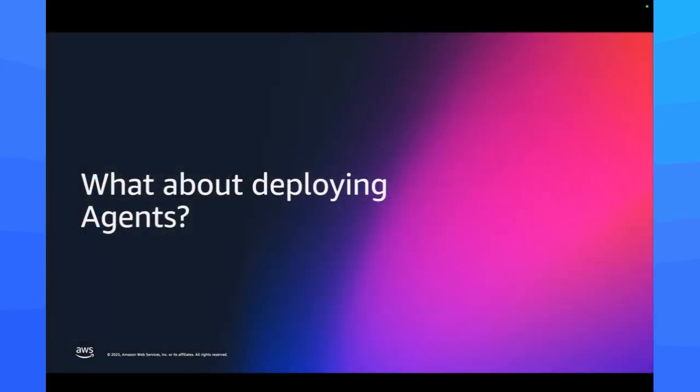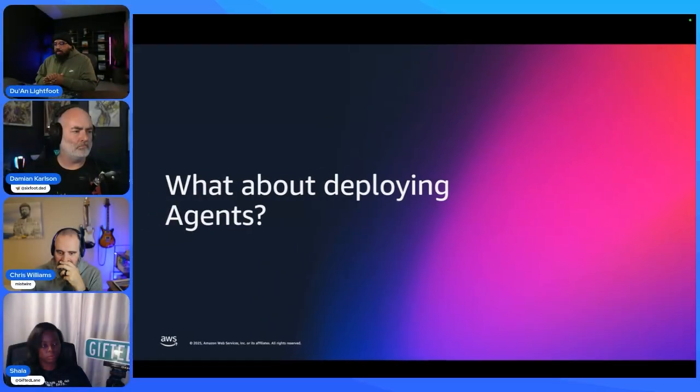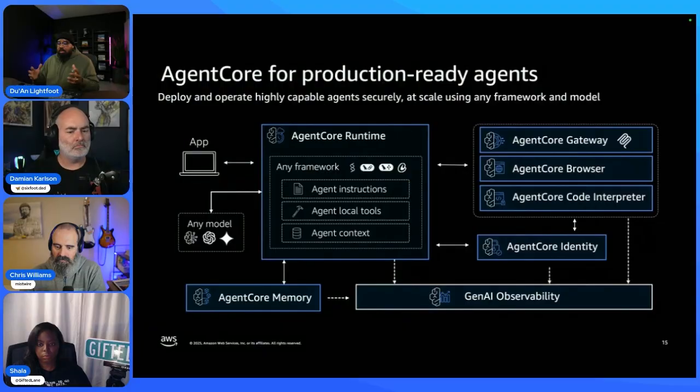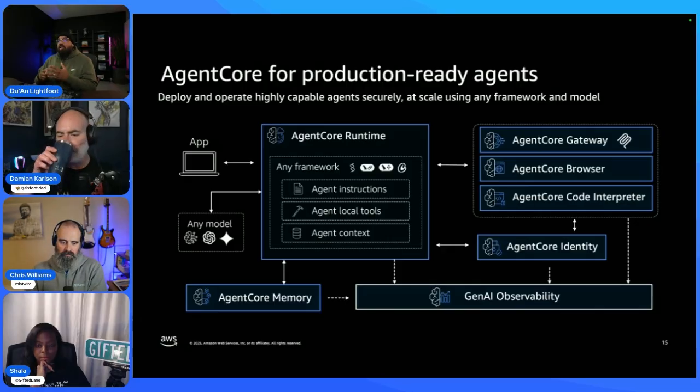Now, we're talking about building agents and running them on our laptop. That's all fun. But when we're in enterprise and we're in production, we have customers and we need to scale. How do we actually do that? So this year, we've announced in preview AgentCore, which allows you to build production-ready AI agents and deploy them to AWS. Just like Strands, which is model agnostic, AgentCore is framework agnostic, right? As well as model agnostic. So if you're using LangGraph, if you're using CrewAI, any of those agentic frameworks, and you need somewhere to host them, we have ways to do that within AgentCore.